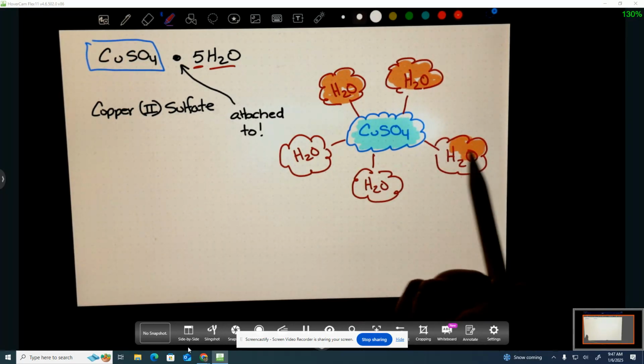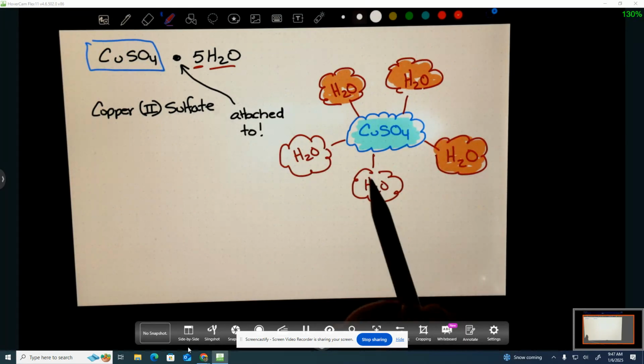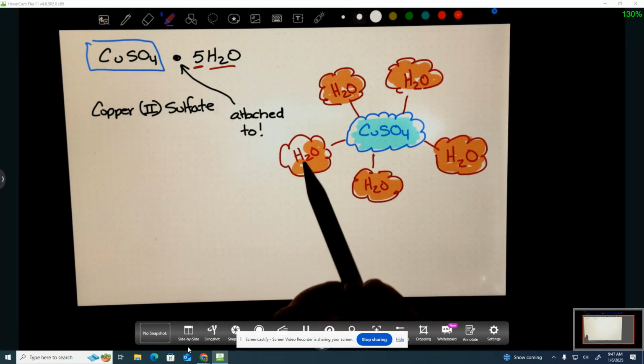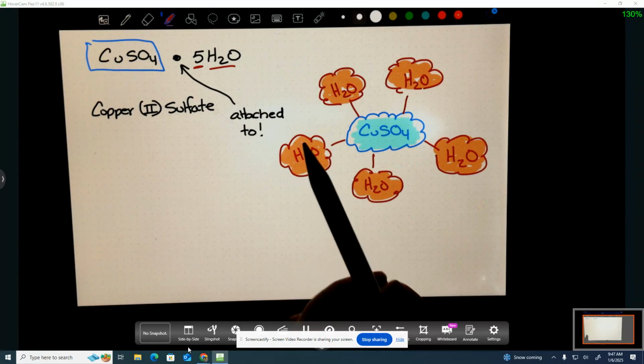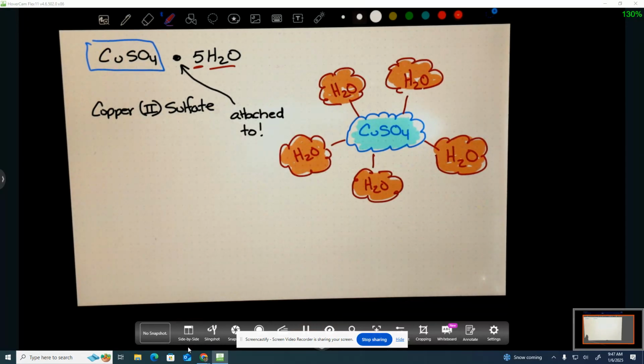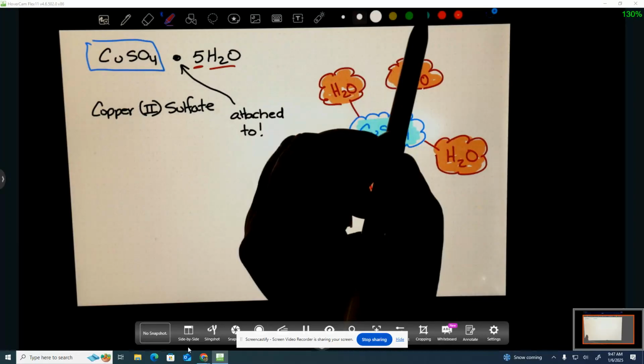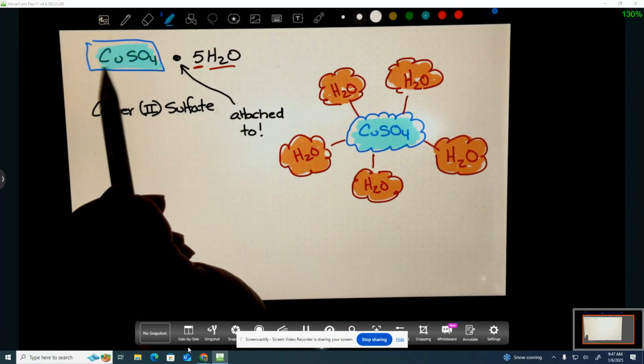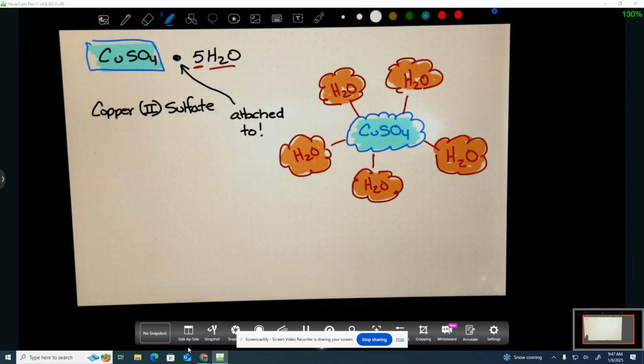This is called a hydrated salt. It is hydrated because it has water on it. This is a hydrated salt. Here's my salt. That's the copper 2 sulfate. What makes it a salt? Ionically bonded between the copper and the sulfate. Okay? And it has